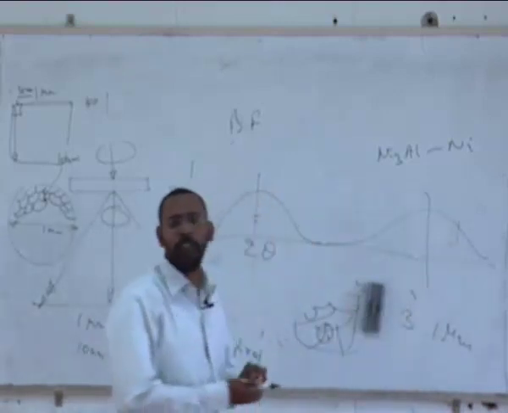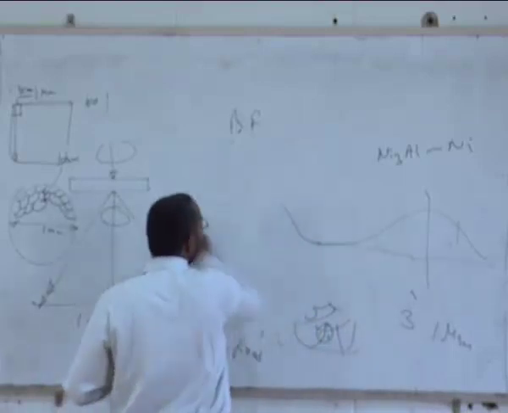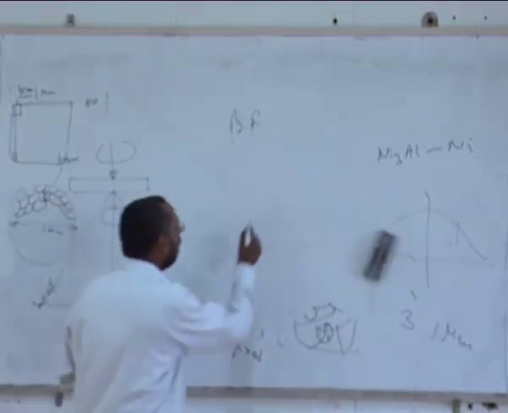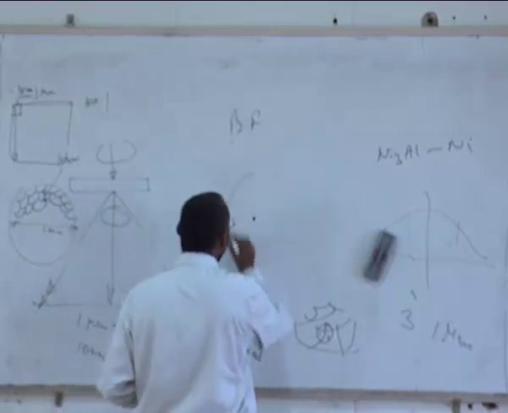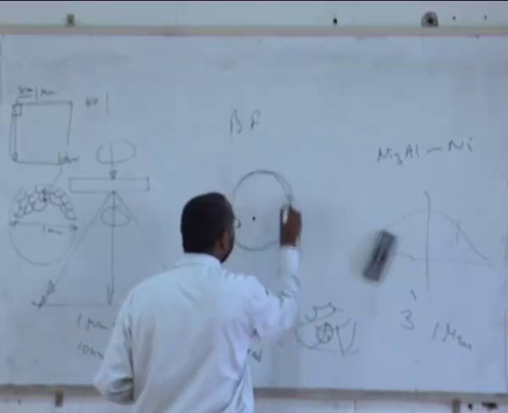If I do the same thing with electron diffraction, what do I get? In electron diffraction, instead of peaks like this, because I don't get peaks in electron diffraction, I get what is called a ring, but that ring will be a diffused ring. A certain thickness it will have.